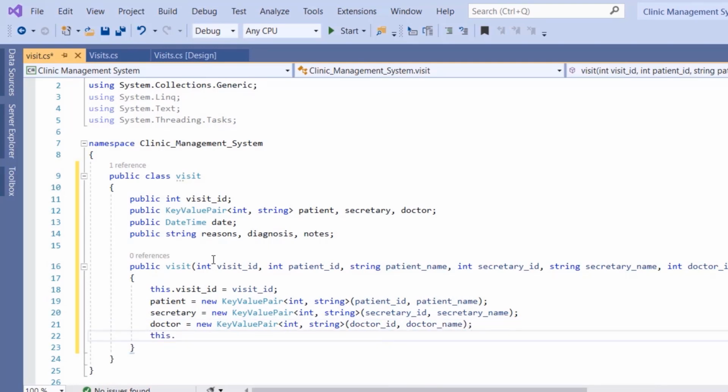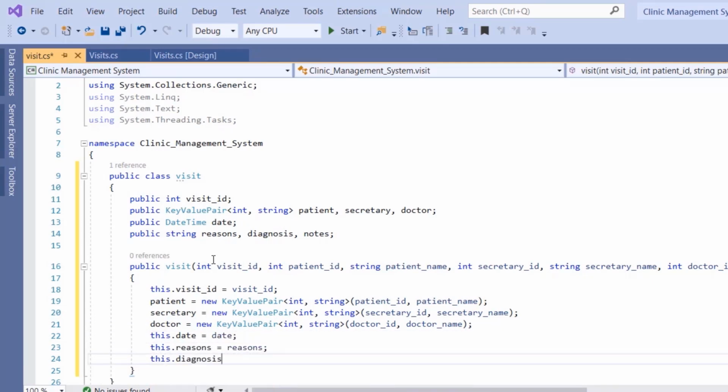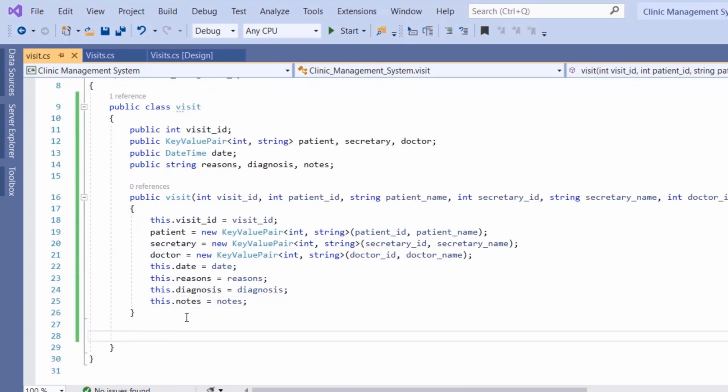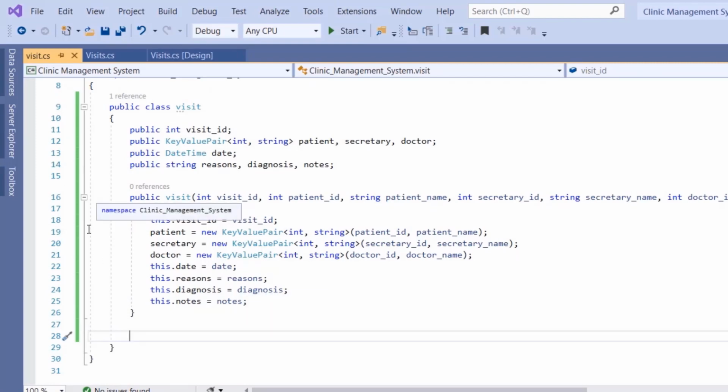And then this.date is equal to date, this.reasons is equal to reasons, this.diagnosis is equal to diagnosis, and this.notes is equal to notes. Okay, now we want to override the toString function to just display the reservation, the visit ID, and concatenate it